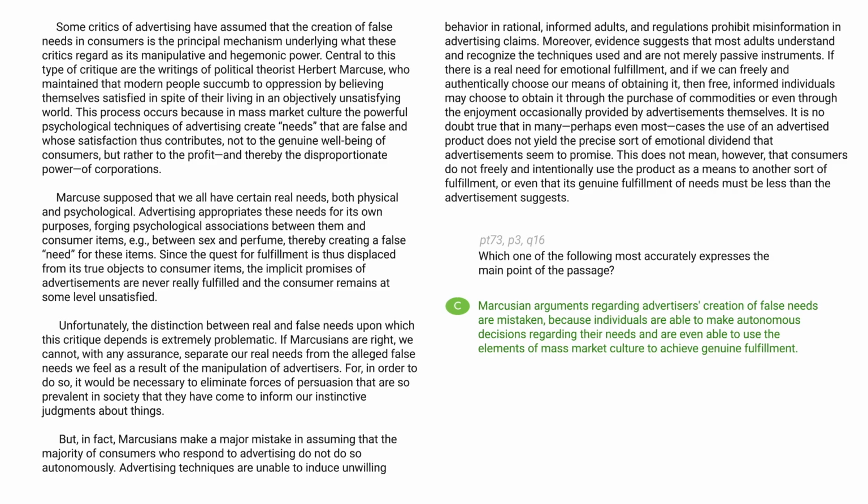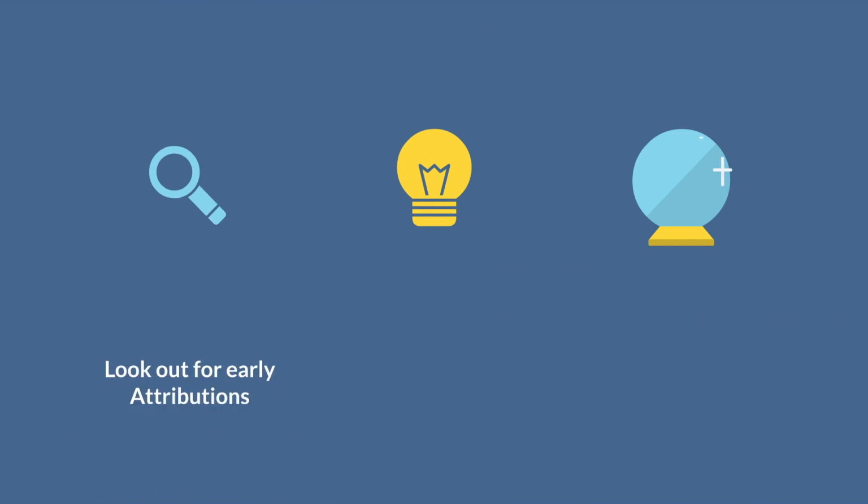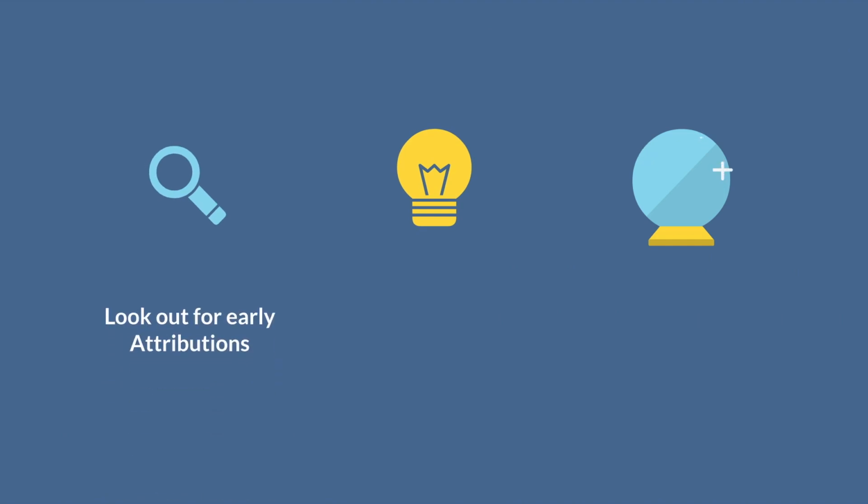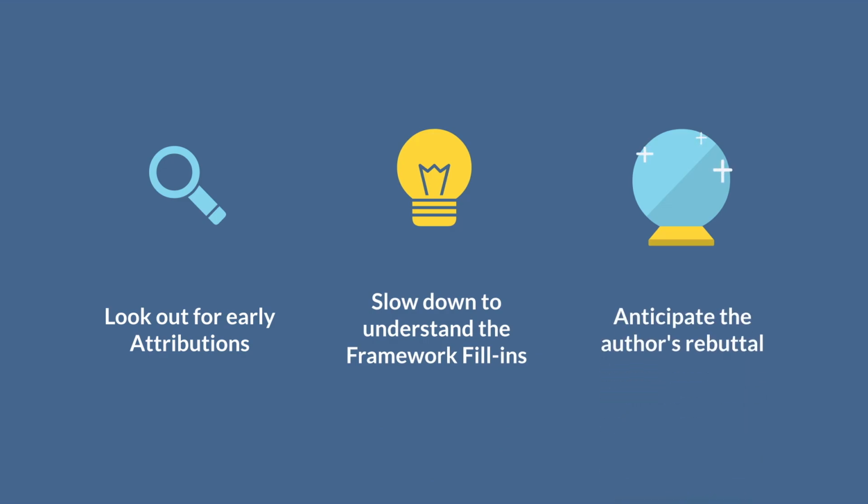As you go out into the world to work on challenge position, remember the idea that if that first sentence or two has an attribution, you should immediately start suspecting it's challenge position or present debate. If we get a pivot and pushback from the author, it's challenge position. And take the time at that point to really let the two different ideas sink in. What was the original view? And then what's the author's view? Is she complaining about something, or is she actually selling you on a different idea instead?